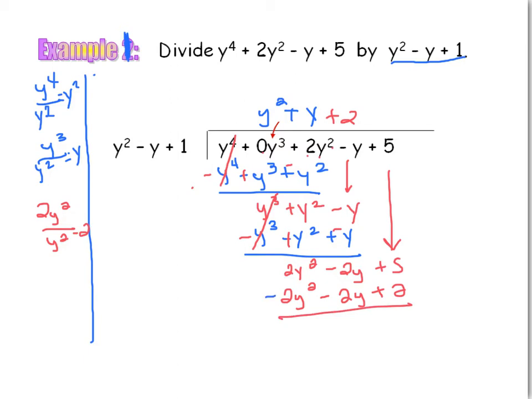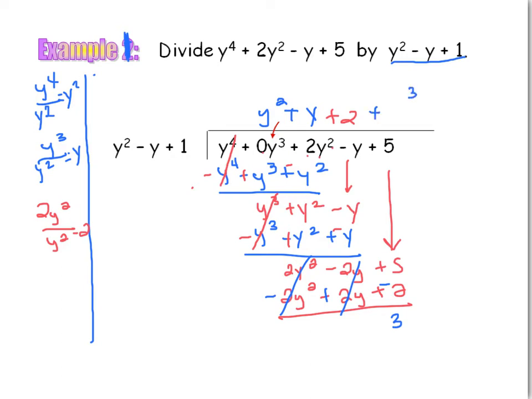Subtract the first, subtract the second, subtract the third. First set should always cancel out. If it doesn't cancel out, you did something wrong. This happens to cancel out also, which is nice of it. And here we have 3. This is our remainder. So we're going to go up here, write plus, put the remainder on top,